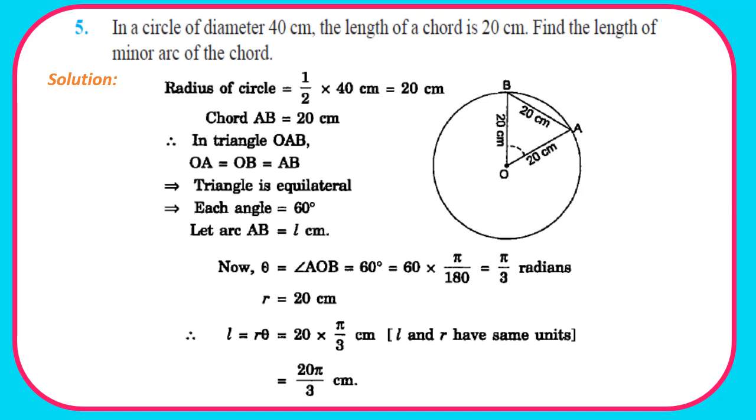Okay, so we have to find the length of arc AB, which is equal to L. Now theta is equal to 60 degree. And in the calculation of L equals r theta, theta has to be in radian. So we have to convert this 60 degree into radian, which is equal to pi upon 3 radians. Done. And radius is 20. So simply using the formula L equals r theta, we get 20 multiplied by pi by 3, which will be equal to 20 pi upon 3 centimeter. Done. So pause and note down the solution.